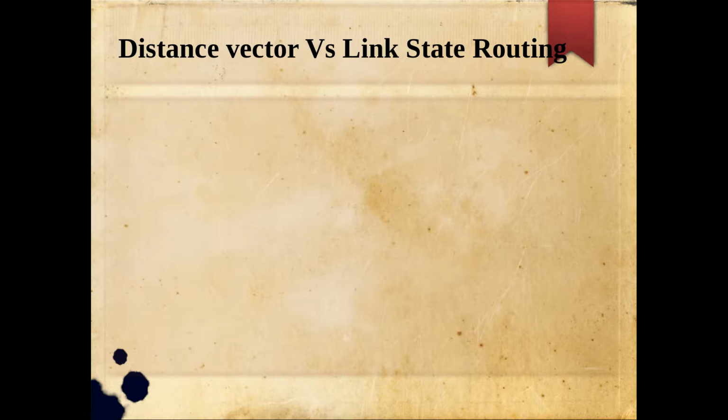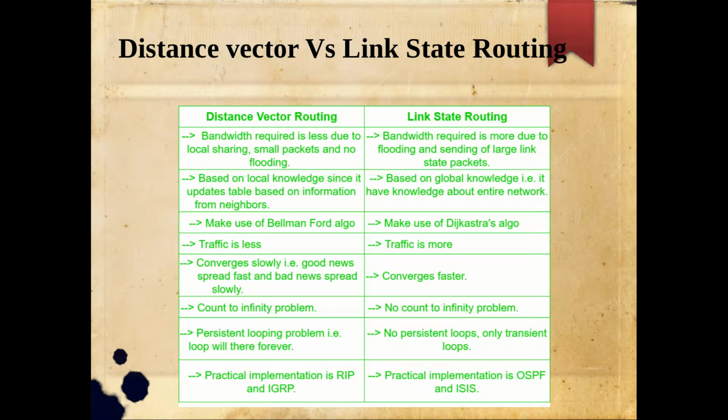Right. Now the distance vector versus link state routing, hope you have a very clear idea about both the protocols. So this is something just for if somebody is asking you to give a differentiation between these two, you can give some of the points as mentioned here, and more points also you can add from the explanation that we made so far. And if you are looking at which is consuming more bandwidth, you can see that of course the link state protocol is consuming more bandwidth due to that flooding. So flooding causes that much bandwidth consumption, right? Because it is flooded, duplicates, all those issues are there.